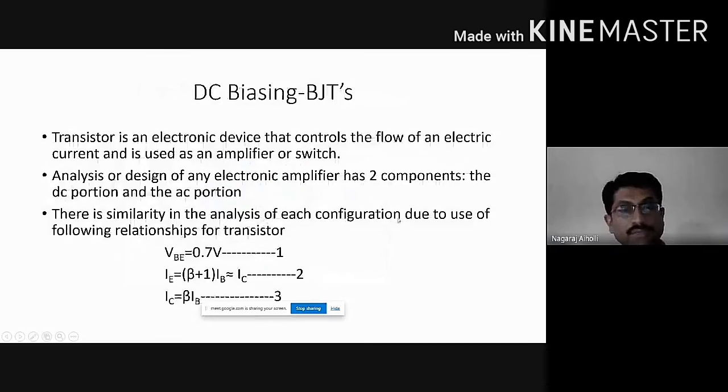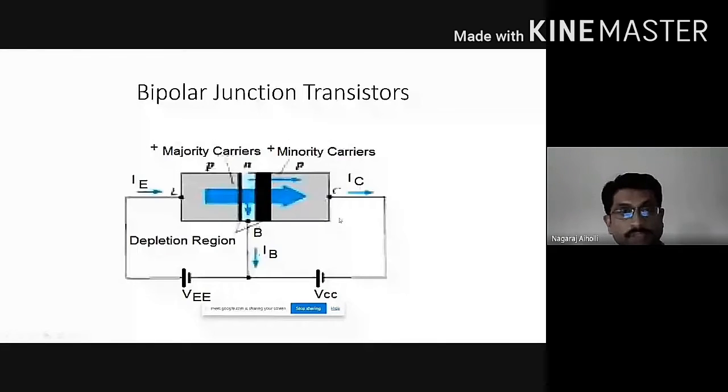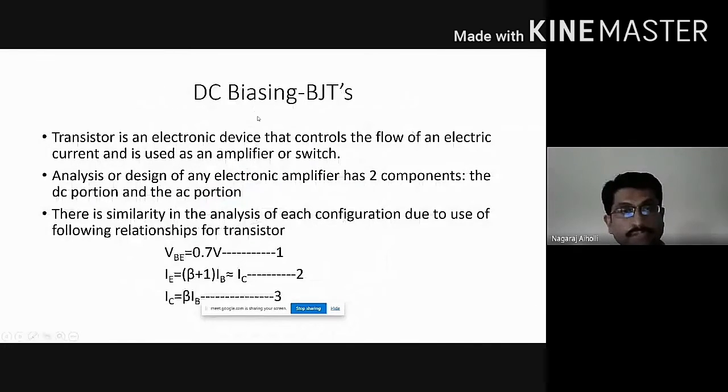Okay, students. So this is all about the bipolar junction transistor introduction. Then we saw the definition of BJT or bipolar junction transistor. We analyzed the operation of the BJT, bipolar junction transistor working. Then next is DC biasing. I'll just tell in brief what DC biasing is, then we'll take this up in the next class.